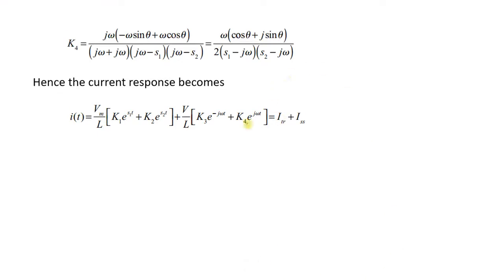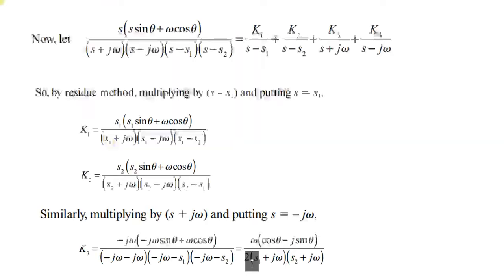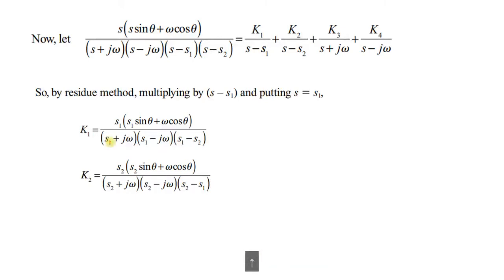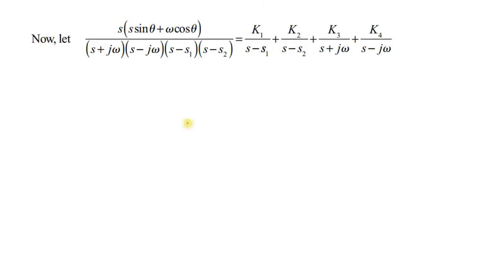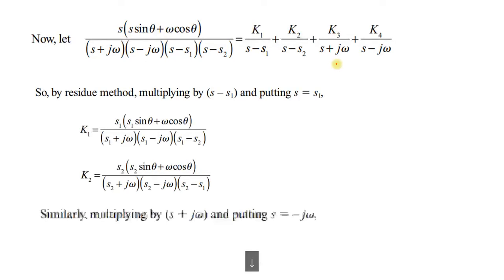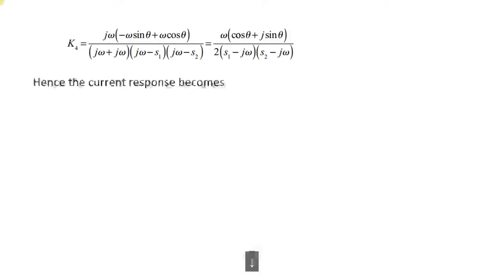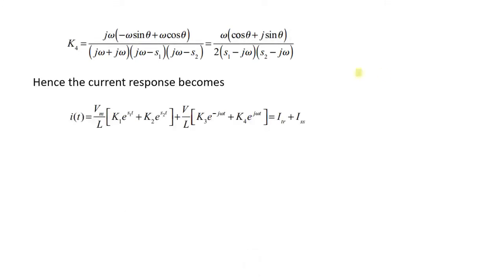So this is the value of i(t). If you substitute these values of k1, k2, k3, k4, which are in terms of s minus a, it is replaced by e power plus at. If it is s plus this term, then taking the inverse Laplace transform, it should be e power minus j omega t. That is how it is converted into the time domain, which is why it is displayed like this.